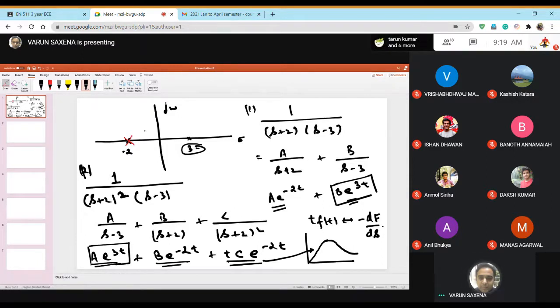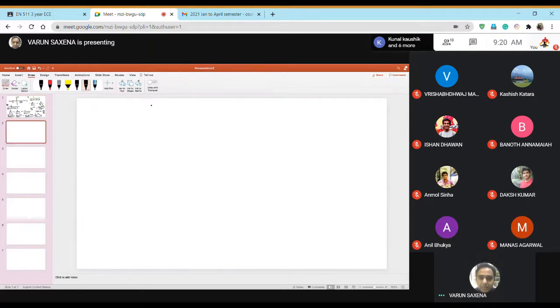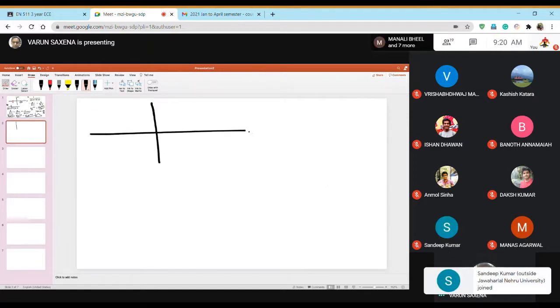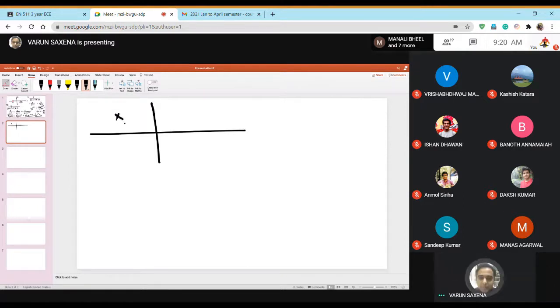But if you have a double or a multiple pole at some real value of s, then you will get something like this term and this term, which essentially will give you a stable system. Let's look at some other possibilities. Let's say that you have a pole here. So let me just call this as some a plus jb. So if you have a pole here, then you will also have a pole somewhere here, which will be a minus jb, because they'll be complex conjugate.